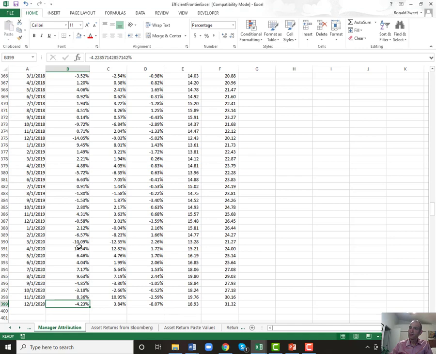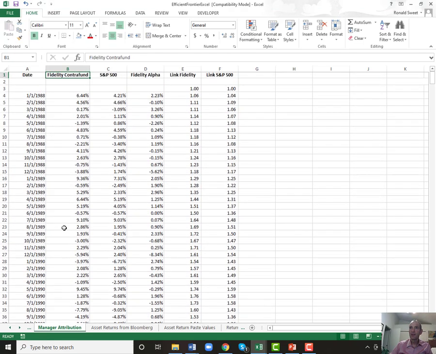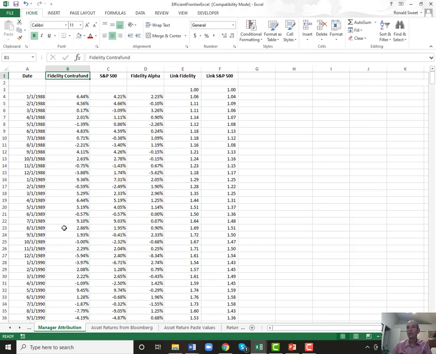So for your paper, you can acknowledge that. You want to just acknowledge, maybe put it in a footnote somewhere, that the purpose of this paper was to go through the process of manager attribution, realizing that our database using Yahoo Finance had a flaw in how it handles capital gain distributions. I wish each of you could get your own data from Bloomberg, but it's just not possible. But we'll learn how to do it. So there's not a problem with understanding the concepts, and that you can do this yourself once you get your hands on really good data.